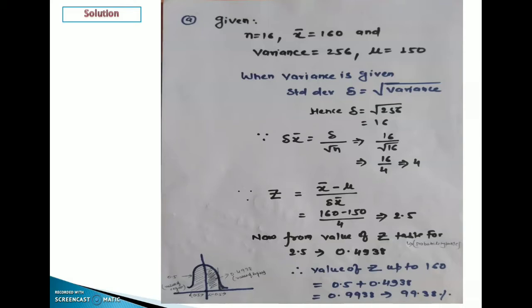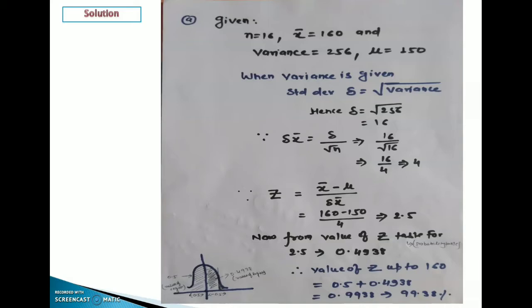I am repeating again: x bar is 160, mu is 150, and sigma x bar is equal to 4. By putting these values in their respective places, that is 160 minus 150 divided by 4, we get the value of z,